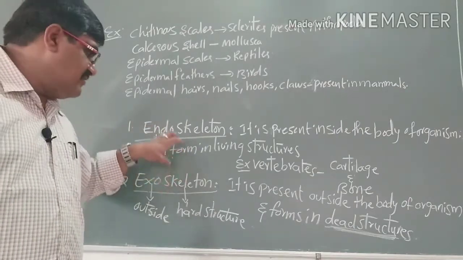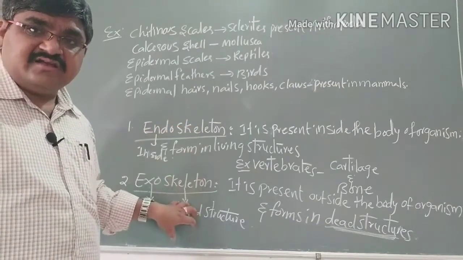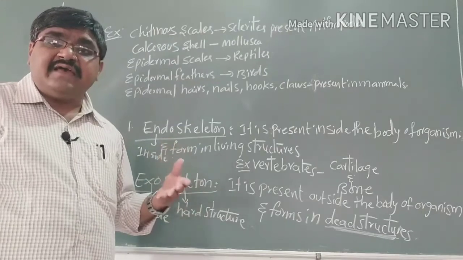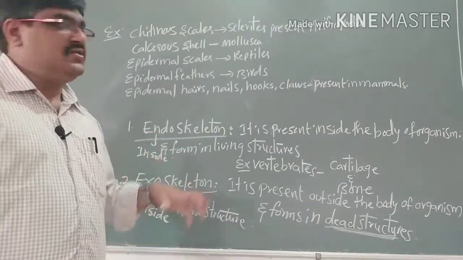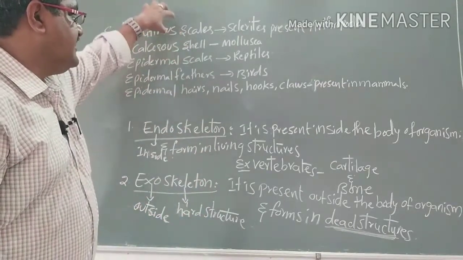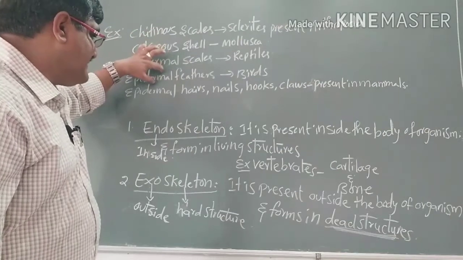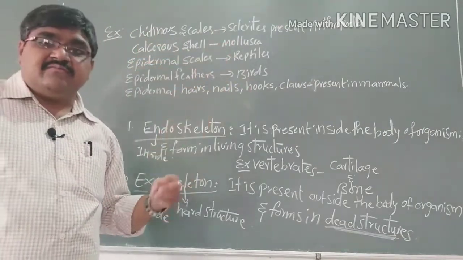If inside, it is called endoskeleton, and exoskeleton is present outside the organism. So chitinous scales, calcareous shell, epidermal scales, epidermal feathers, epidermal hair, nails, hooks and claws are examples for the